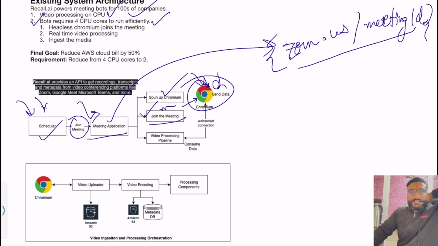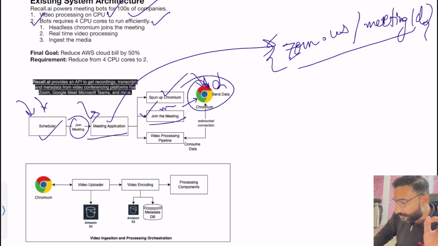Now once this is done, again comparing with a person, you would participate in that meeting to contribute something. The meeting bot will just listen to what is happening in the meeting. It will not say anything per se. It will just listen to whatever is happening and consume those video frames and audio from different persons in that meeting, and then pass it on for further processing, let's say creating a recording or transcript, or any other purpose. Let's say you are using it for real-time translation. There are multiple use cases, but the idea is the same.